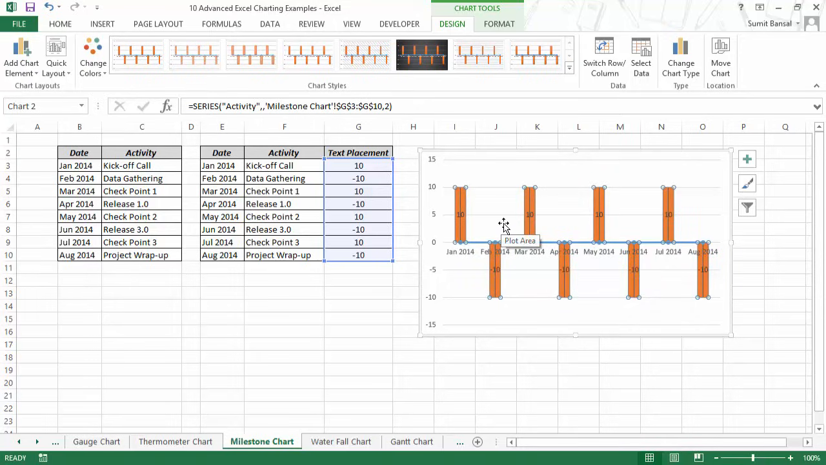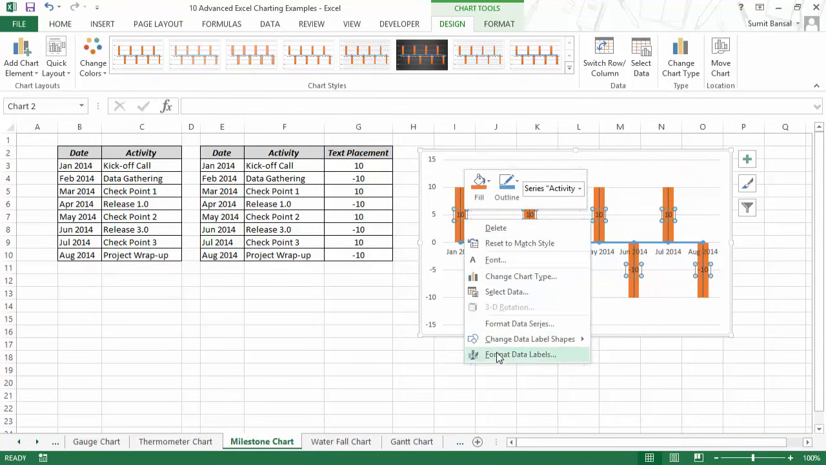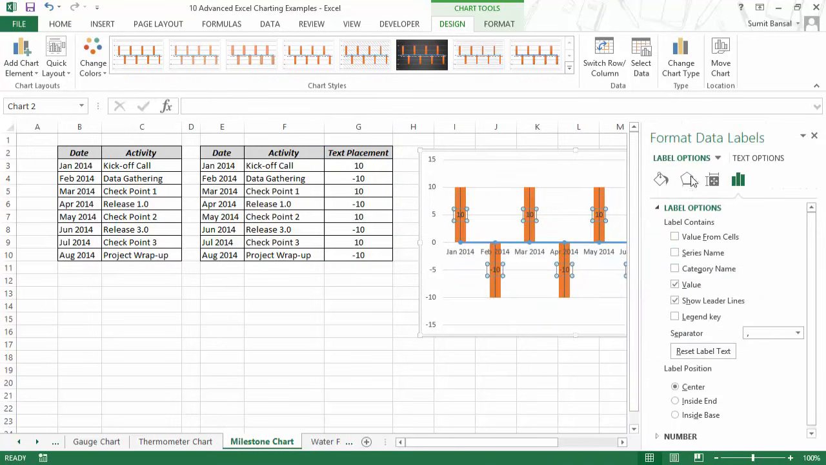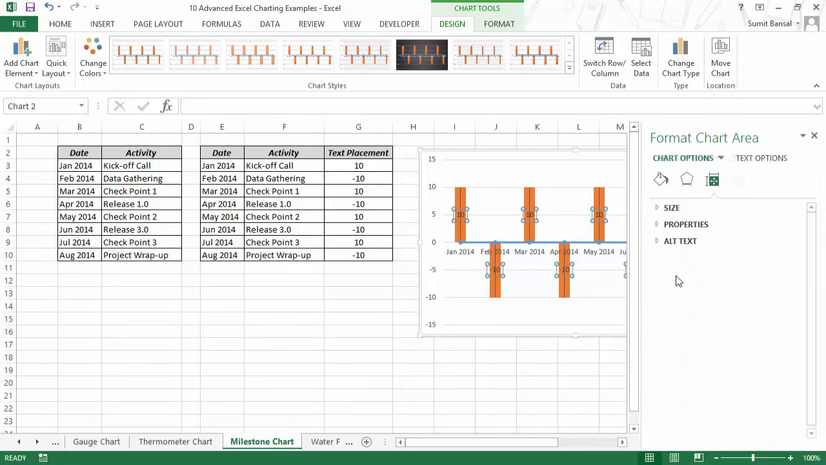So when I add data labels, it adds 10 minus 10, which is the value of this bar, but I do not want these values. I want the activity name here. So to do that I would right click here and select format data labels. This opens the format data labels task pane. In case of 2010 and 7, it would open the format data labels dialog box. Here instead of value,